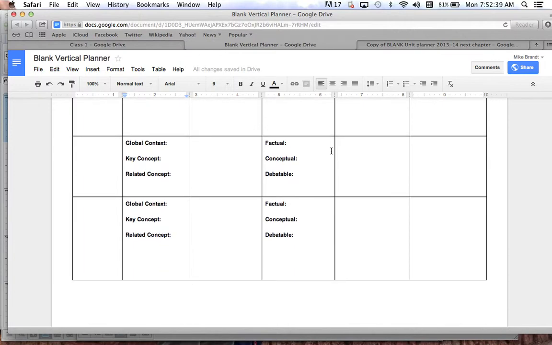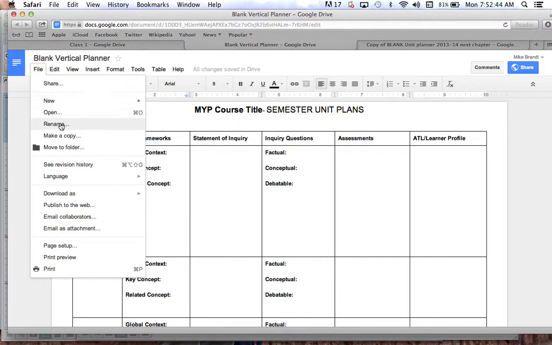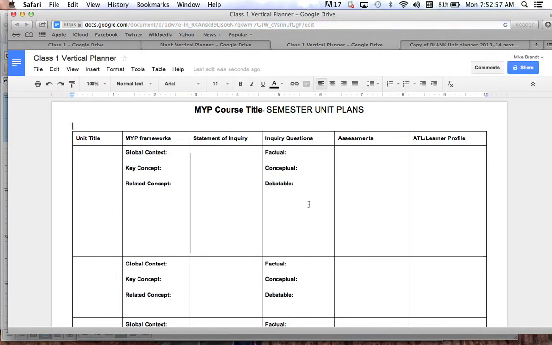Now, if you want to use this as a format, you can go to the File menu and go to Make a Copy, and then you could title it as your class and hit OK. At this point, you should be able to edit it. The one that I shared on the blog doesn't allow people to edit it, just so we don't have a ton of people using the same file by accident. So at this point, it's basically just like working in Microsoft Word. You can type in all your questions and get everything punched in through here for your stage 1 of your